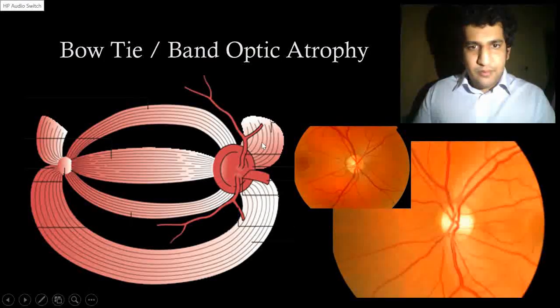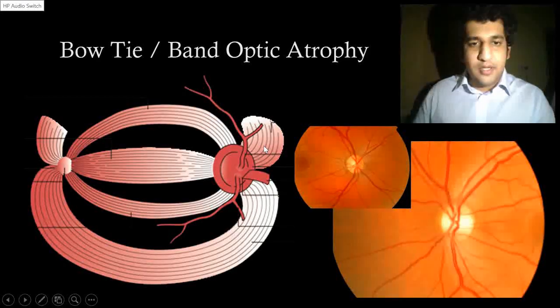So a few more important points with respect to the optic disc that you need to know. Optic atrophy: one type that's important to neurosurgeons specifically is called a bow tie or a band optic atrophy. We'll be coming to this when we discuss the macula, but this is basically a rough diagram of